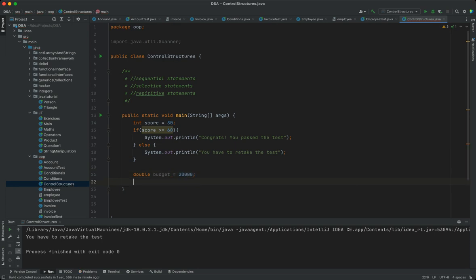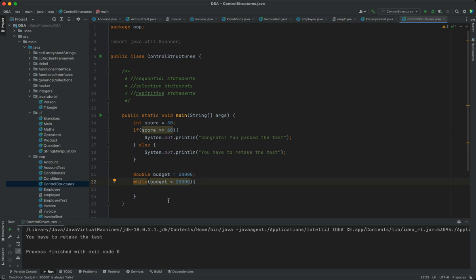As long as you have not exceeded this budget, you want to continue adding stuff to your cart. This is where the while statement comes in. You can do something like while budget is less than 20,000,